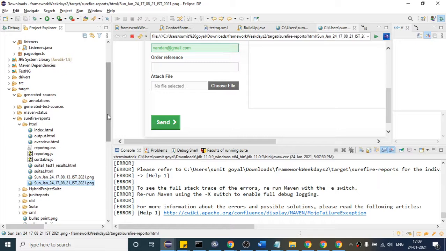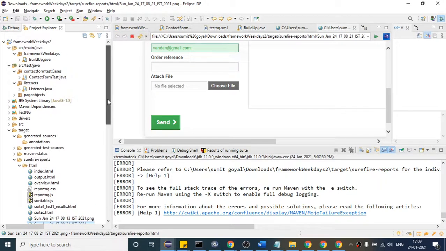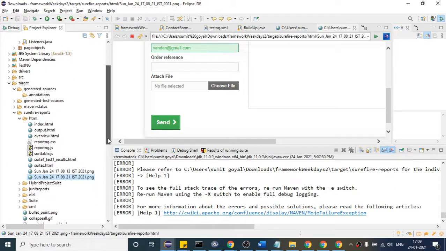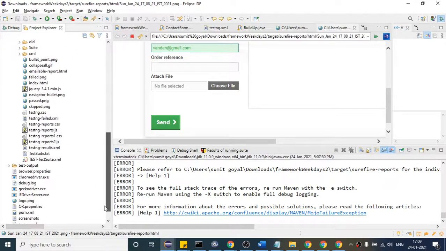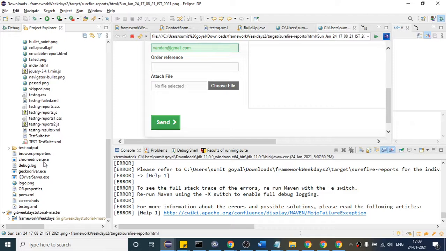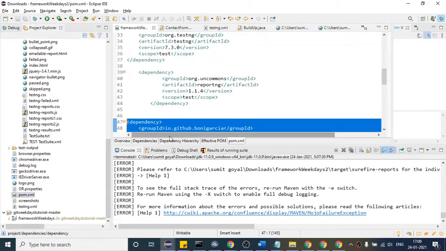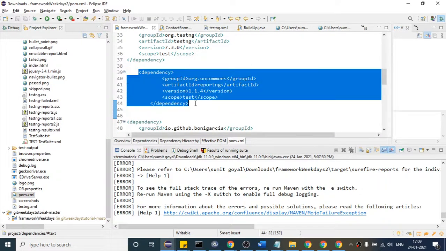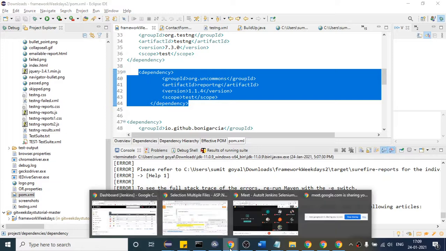Okay, so let us see one more type of reporting. Till now I think you have seen TestNG reports, some basic reports. So let us see one type of report which is called ReportNG. To use ReportNG, you will require two dependencies. If I come to the pom.xml file, this is one dependency, you can get it from the Maven repository. So if I come here,